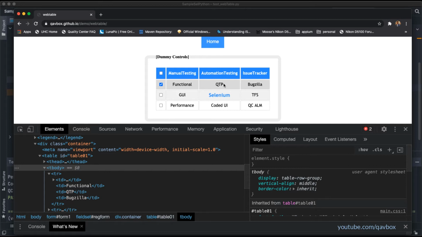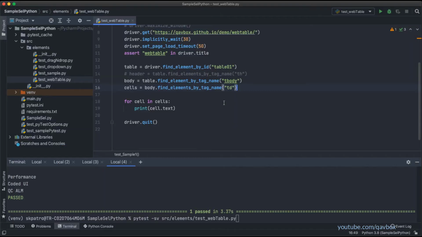Once you get the row count, perform the delete operation and verify that the count reduces by 1. So the same concept we will try to mock up. First we will see how many rows are there, then we will select a particular checkbox. But before that, let's move ahead, and I'm commenting this one out at this moment, and there is a